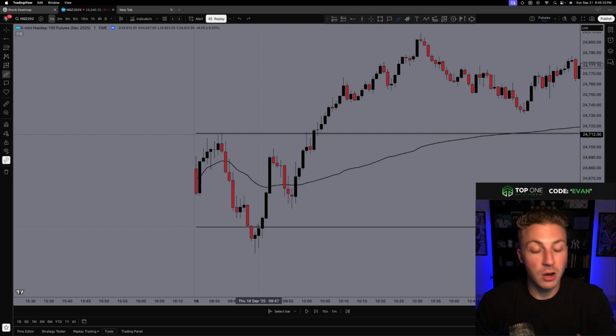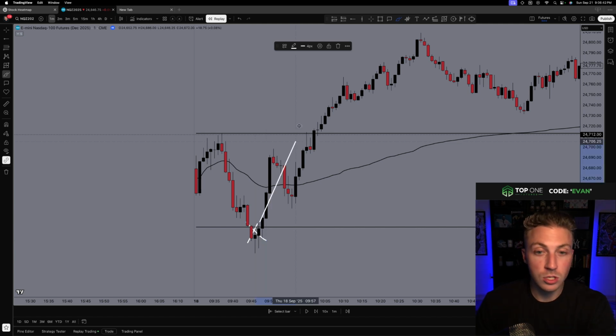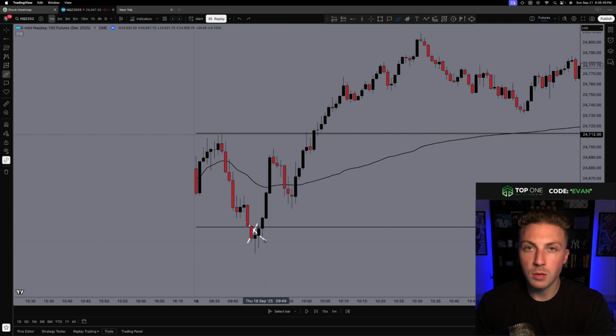I'll preach in there very heavily not to chase the first break of open range low, for many reasons. Sometimes it's like this, inducement just to reverse the actual opposite way. But other times you'll also see that is a good price to be selling it at, but the timing, not so much, right? So when we look at it this way, we get a break above New York VWAP, but